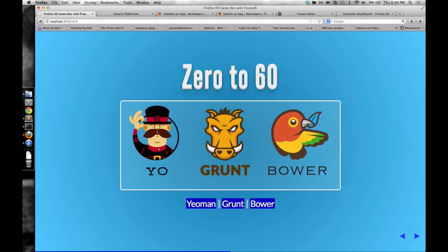All right, so now that I explained FirefoxOS a little bit, I want to start talking about how you can get a game up and running really quick with Frozen that's going to work in FirefoxOS. So the things that we like to focus on are tooling, right? Tooling that may or may not have been developed for web apps,